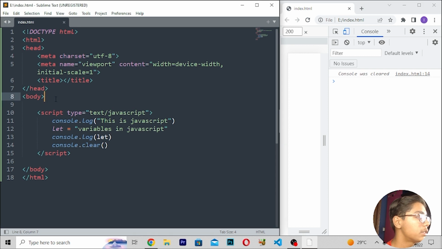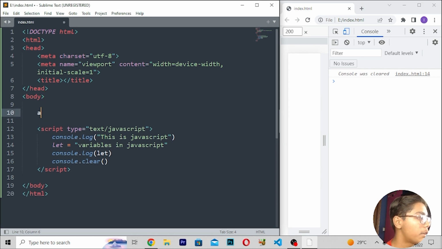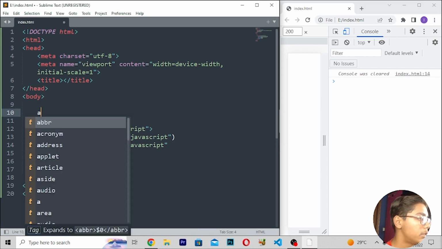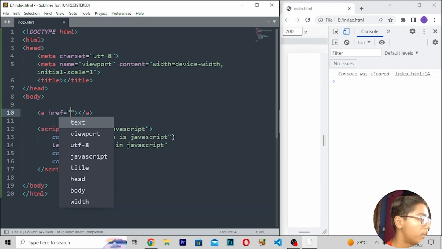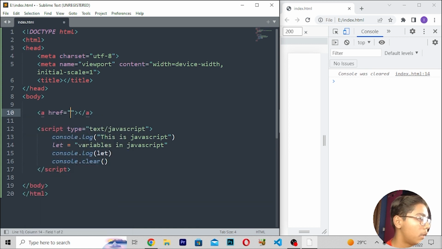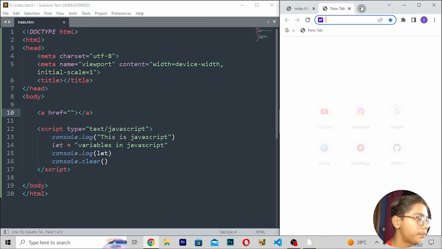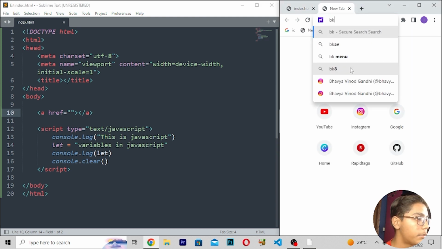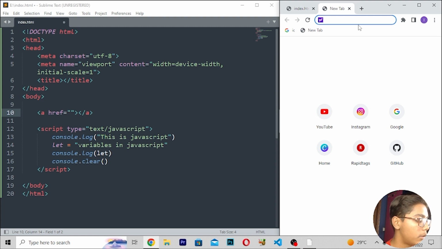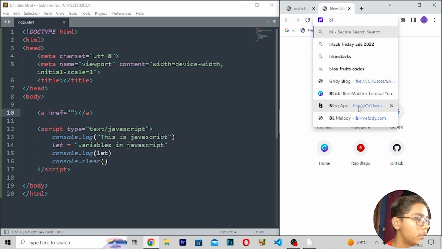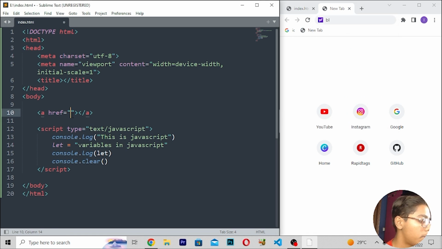Now if you want to build your Melody project, you have to write this tag, control Z, and here you have to do one thing. You have to write this. Then in this I will be now moving. Here I will be now writing BL. So here when you've written this thing, I'll be writing bl-melody.com. Just you have to save this thing.